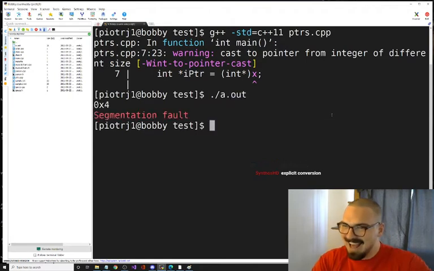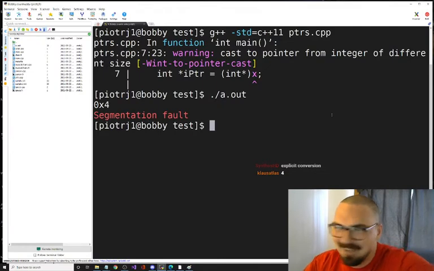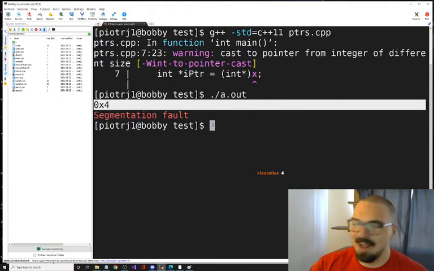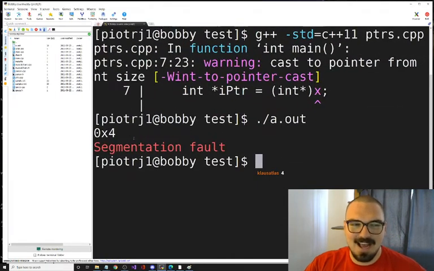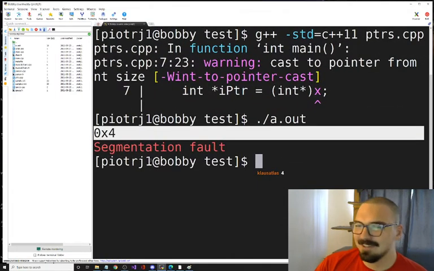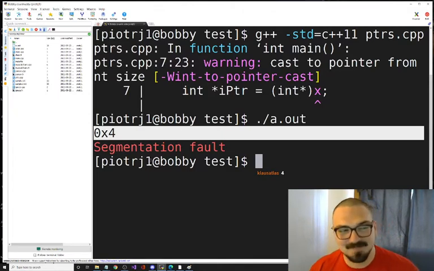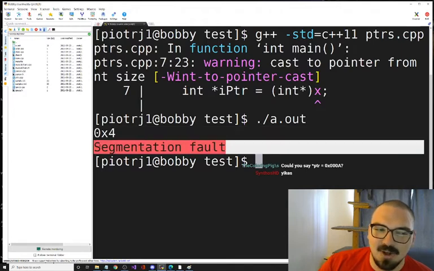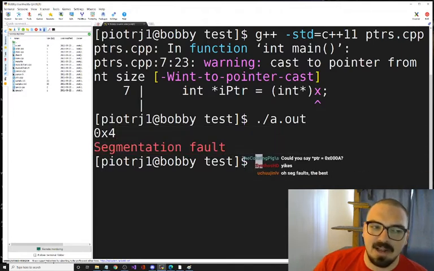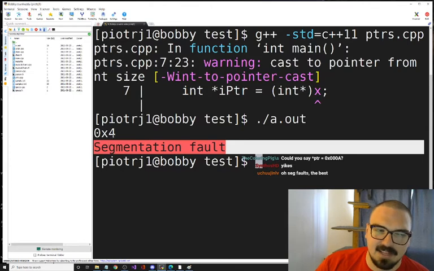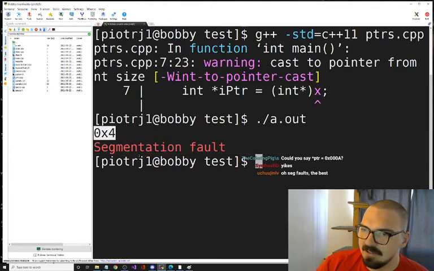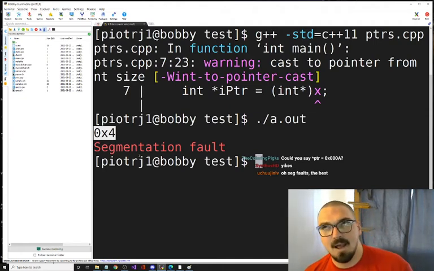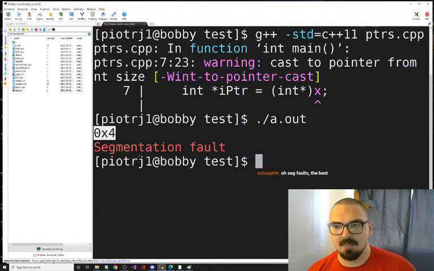Oh, okay. What happened here? Well, look. Fuzzy, I hope this answers your question. I converted 4 to an integer pointer. I said, this is memory. So here's a memory address. And then I tried to dereference it. Now, I got a seg fault, and the reason for that is I tried to dereference an address that probably doesn't exist. I'm not sure exactly where RAM starts.